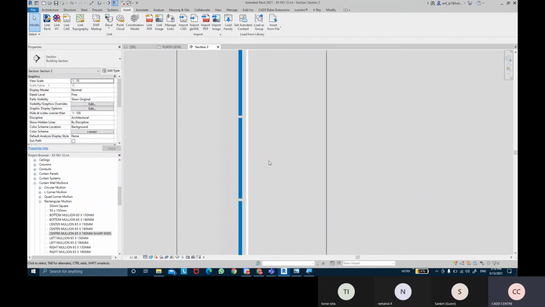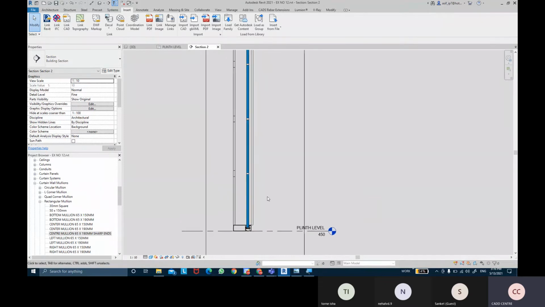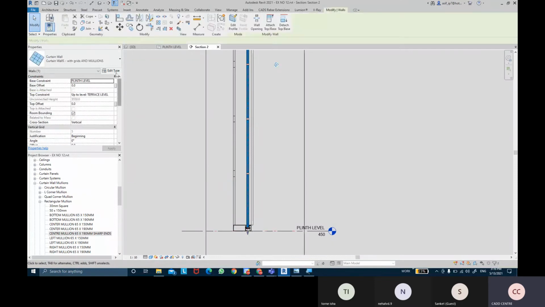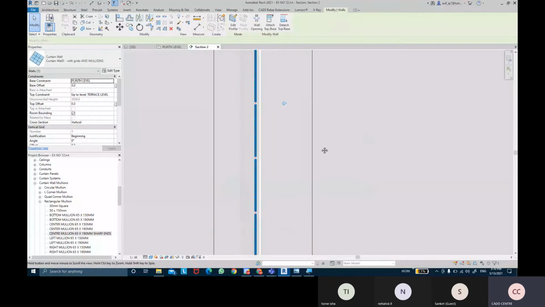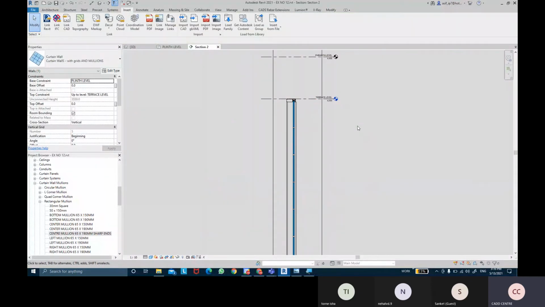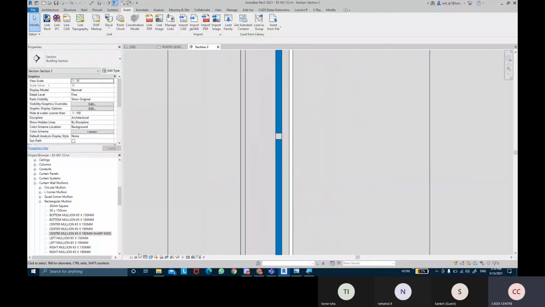So you can select the walls and go into the edit type, and even in the horizontal mullion center ones, we can apply the similar one. Apply and okay. So we get it in the center mullions in the horizontal ones as well.